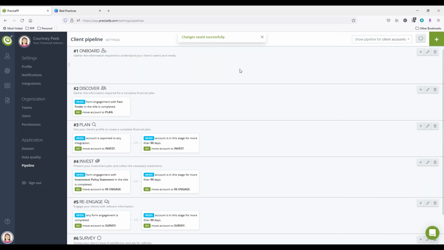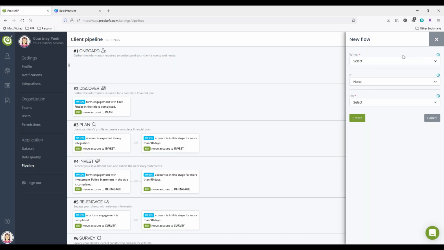So for advisors who may not be doing prospecting, maybe they're using PreciseFP with existing clients. Especially with the integration partners and those being bi-directional, you can do an import in from your CRM or financial planning software. And the nice thing there is it actually brings data in from those platforms into PreciseFP, and that data can pre-fill into the forms that you send out. So in that case, with advisors who use PreciseFP for existing clients and may not do prospecting, what I've seen them do is, for stage number 1,